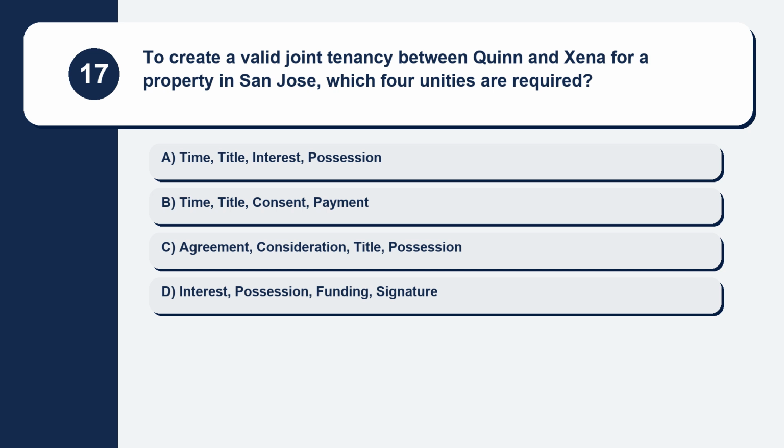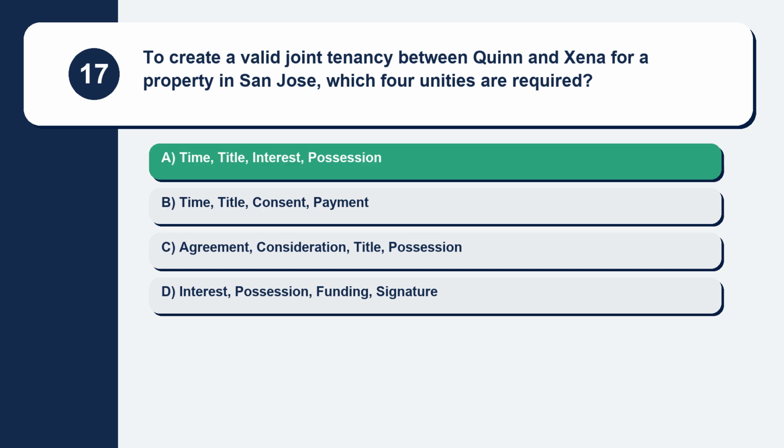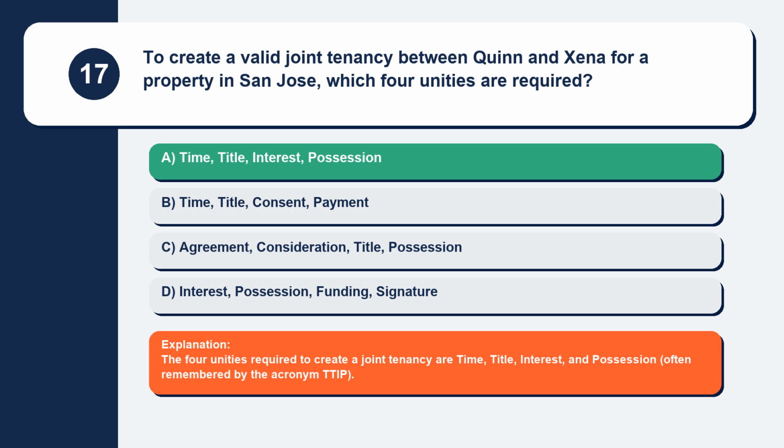Question 17. To create a valid joint tenancy between Quinn and Zena for a property in San Jose, which 4 unities are required? Here are your options. Option A, time, title, interest, possession. Option B, time, title, consent, payment. Option C, agreement, consideration, title, possession. Option D, interest, possession, funding, signature. The correct answer is option A, time, title, interest, possession. Explanation. The four unities required to create a joint tenancy are time, title, interest, and possession, often remembered by the